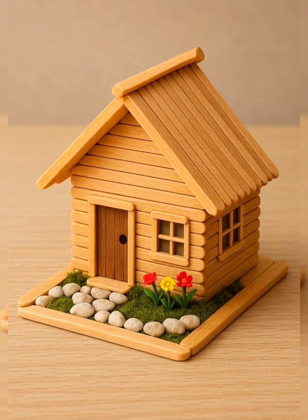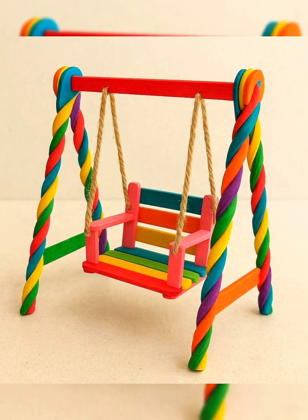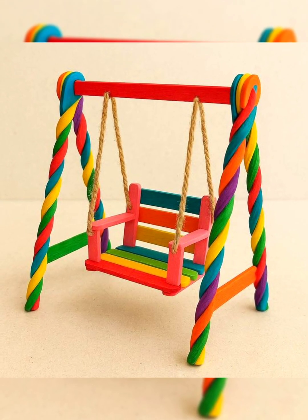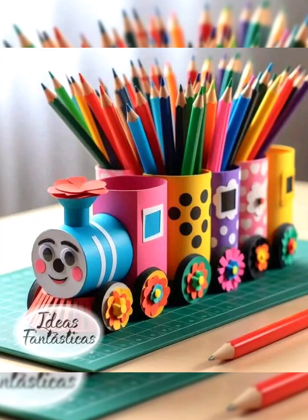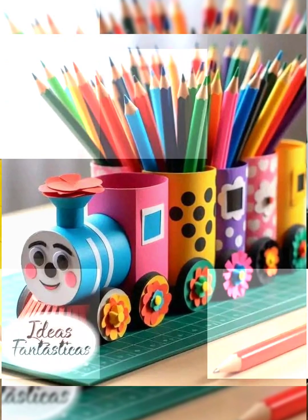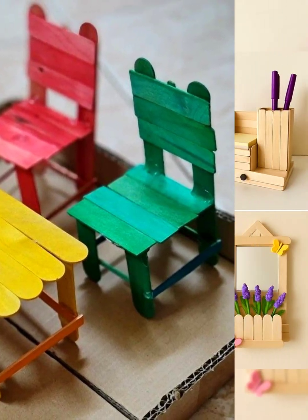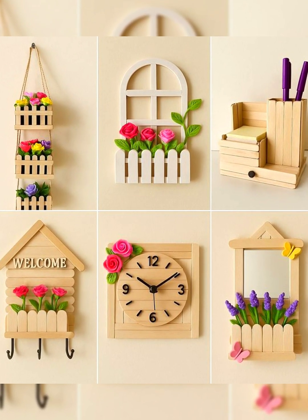These crafts are wonderful for a school project, DIY gifts, home decor, or just a relaxing hobby. Plus, it's a great way to recycle and make something useful from everyday items. Next time you finish an ice cream, don't throw away the sticks, wash